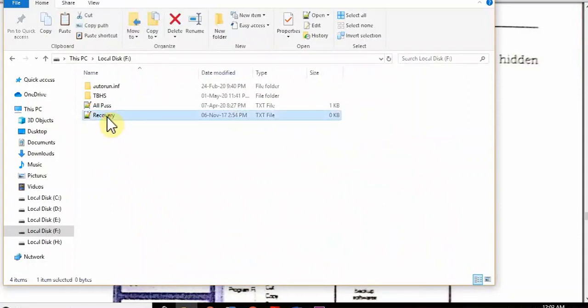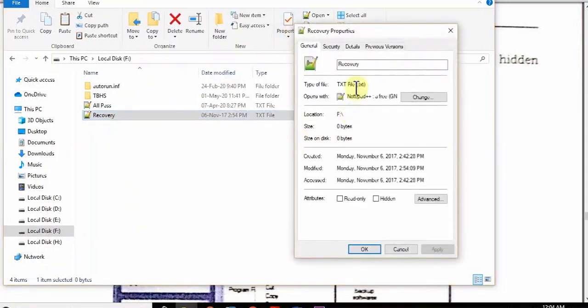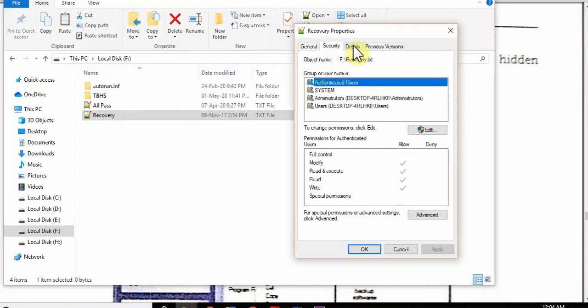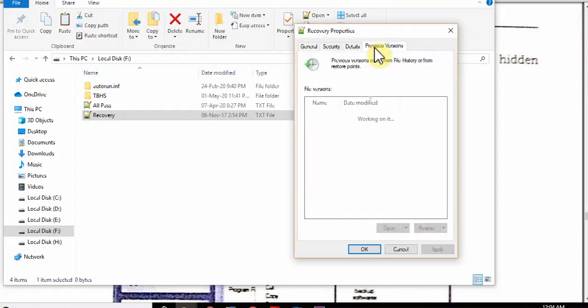Now students, there are many ways of checking the property. Select the file. You can see here property is written. If you click, you can see all the attributes and all the properties here. You can see the general property, the security, the details, the previous versions, everything is here.